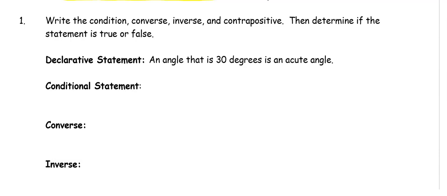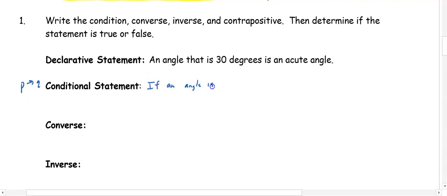So if we are going to write an if-then statement for our P to Q, we could write if an angle is 30 degrees, then it is an acute angle. That's true because acute angles fall between 0 and 90, so if it's 30 degrees, then it has to be